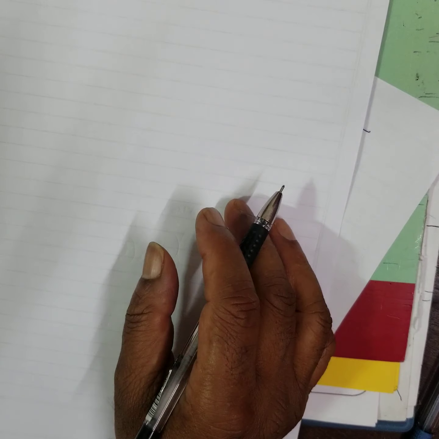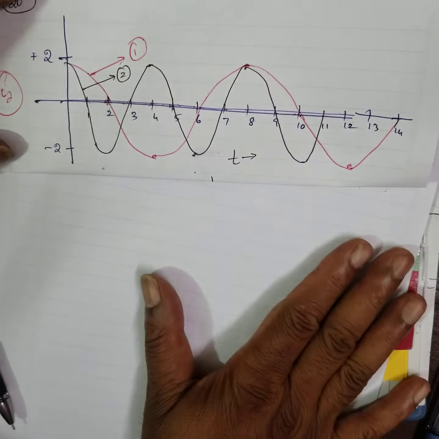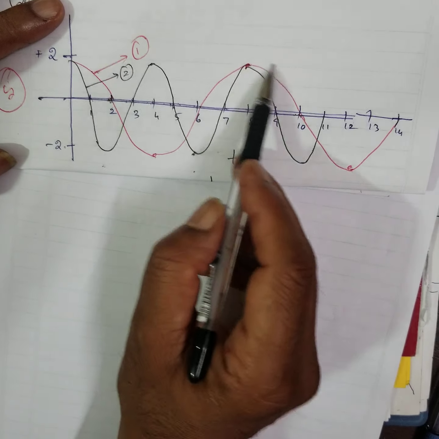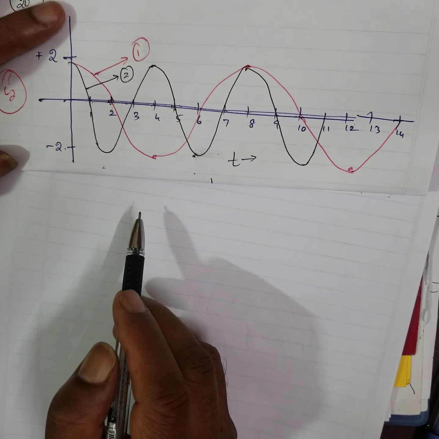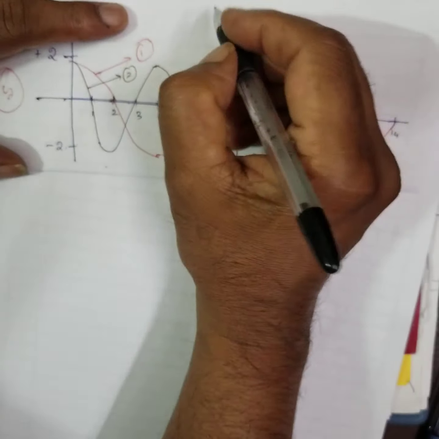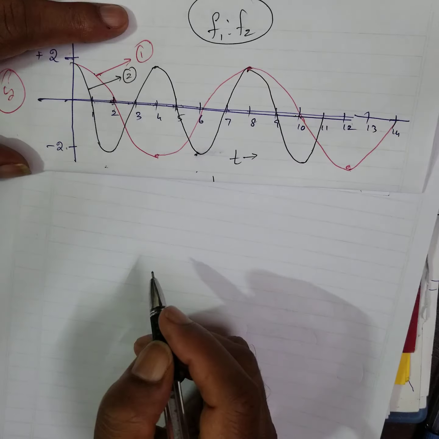And another type of problems, where they will give you the diagram. Now this particular problem, how is it? +2 and -2. This is one wave, the first wave, so big. The second wave, so small. But what you observe from here is important. What is the ratio of the frequency, F1 and F2? Find the ratio of the frequency.